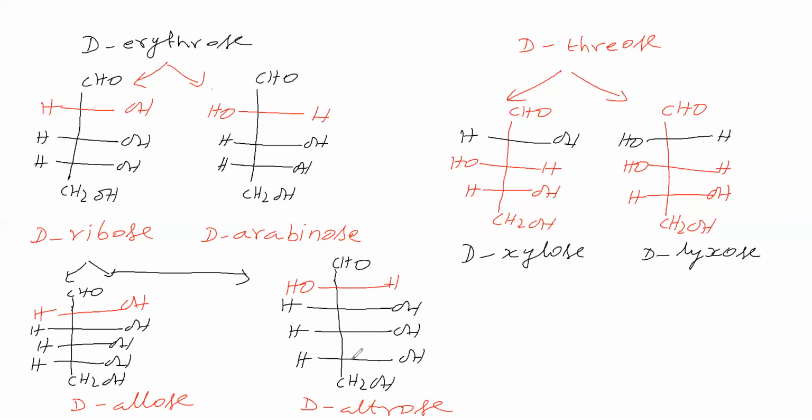Therefore, how many D isomers will we get, do you think? And how many L isomers will we get? What do you say regarding this? D forms totally how many? L forms totally how many? That you say for a functional group aldehyde, number of carbons 6. Now we will see how many D isomers we will get. That we will see first.